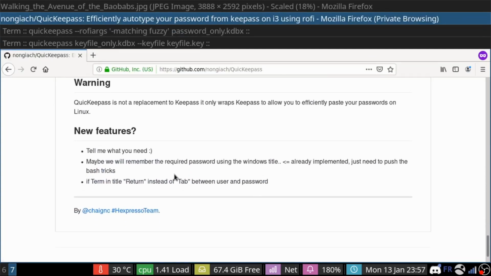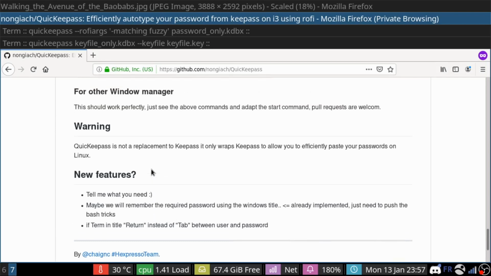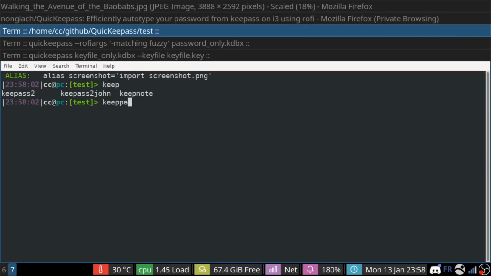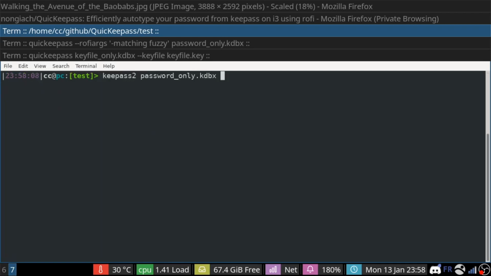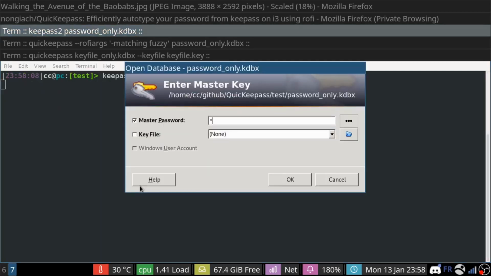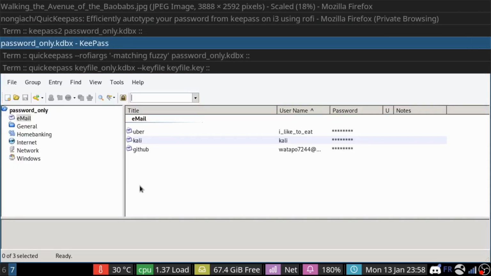Also, as a reminder, as I said before, it's not a replacement for KeePass. You still have to use KeePass. I'm going to show you how to, for example, create a key file for KeePass. Say I have my KeePass database that uses a password only. That's why I created a tool for this password thing, because I'm really bad at typing passwords, and you still need, as a reminder, to have a very different password for each website that you use.